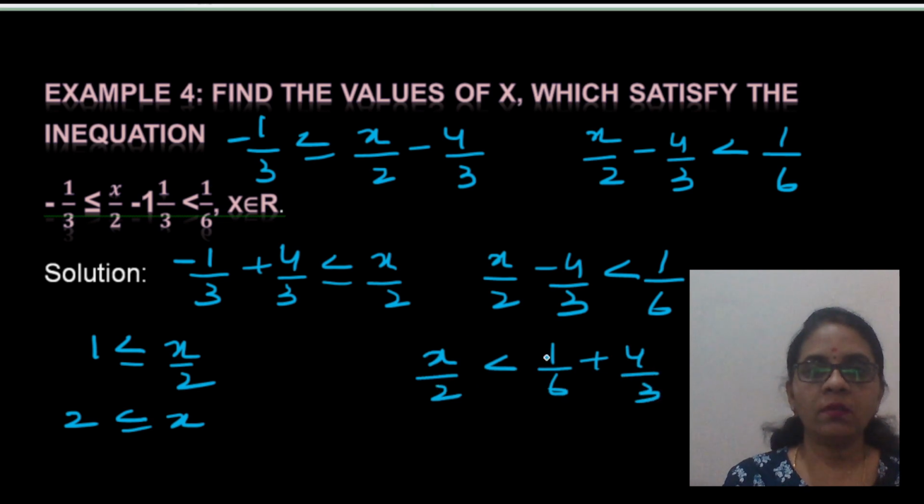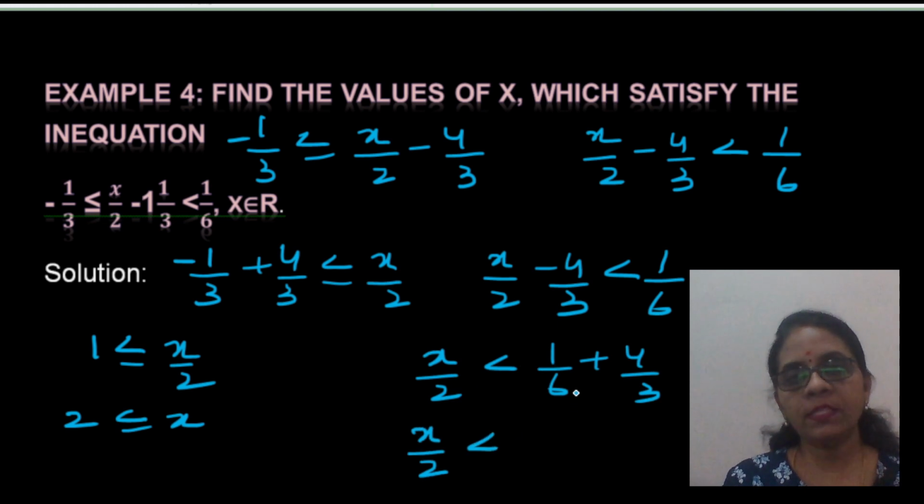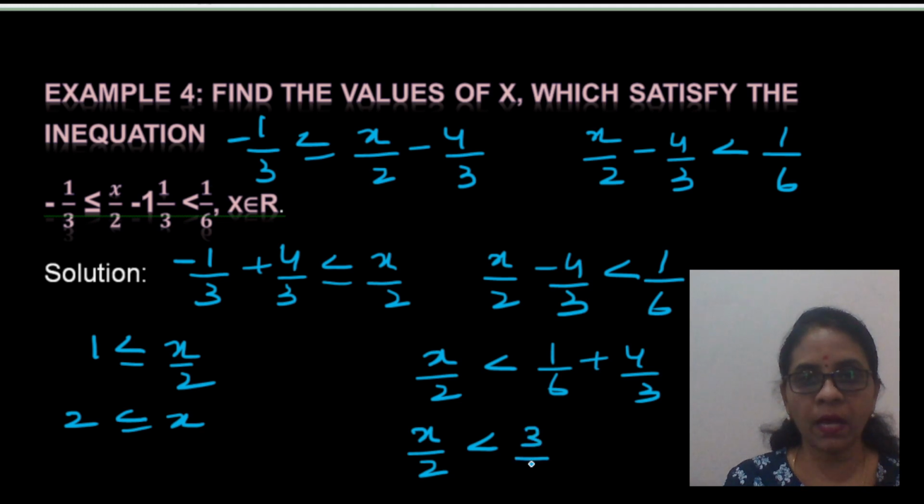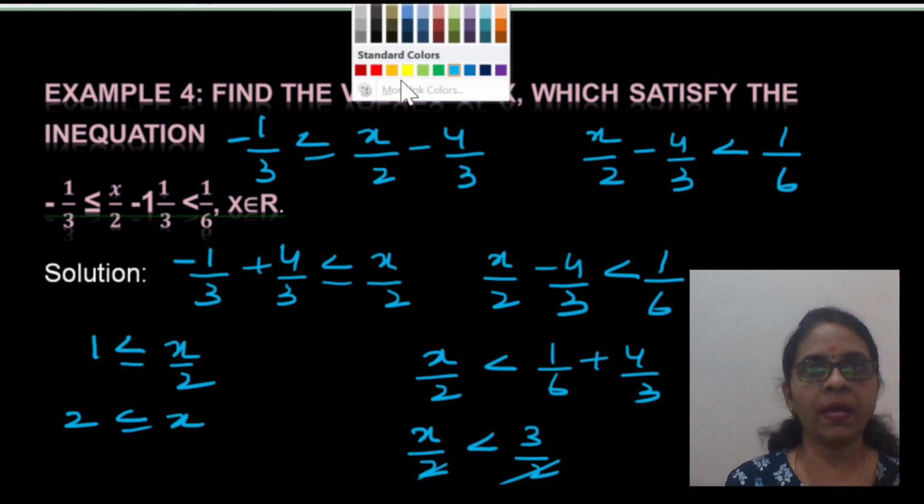LCM is 6. So it will be x by 2 is less than, what is this value, children? You will get it as 9 by 6, and 9 by 6 is 3 by 2. So 2 and 2 get cancelled. So you have 2 less than or equal to x and x less than 3. If you have to combine them and write,